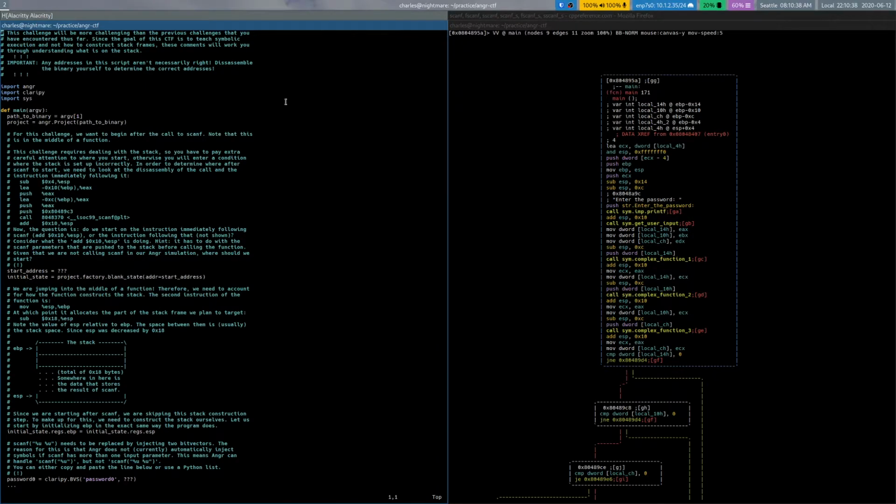Okay, the addresses might not be right. It's fine. So they want to begin after the call to scanf, which is in the middle of the function. Oh, so this is probably